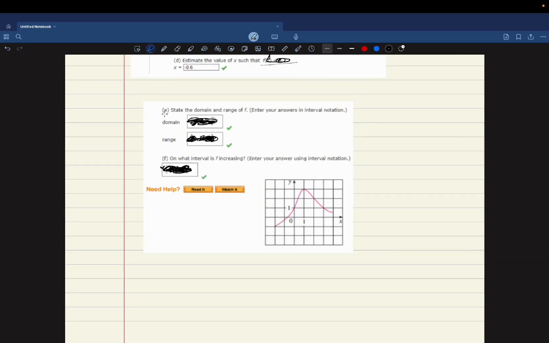Now for question number E, it is saying state the domain and range of f. So we need to find the domain and range of this graph. So first for domain, domain means all the possible values in the x-axis. So if you look at the x-axis, which is this axis, all the possible values can be from here. So from this point, I'll erase this. Okay, so from that end point, so from this point